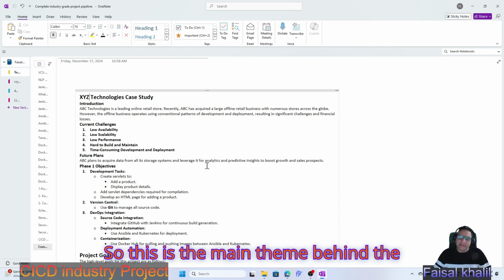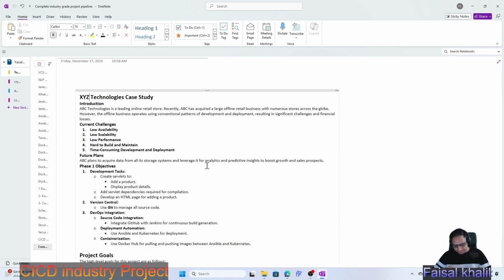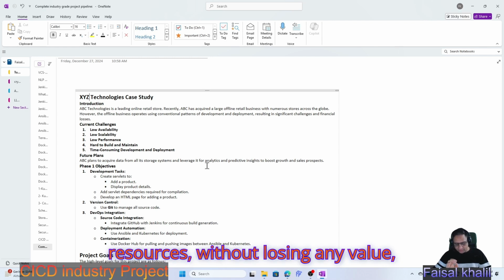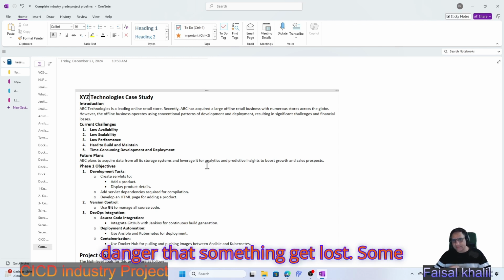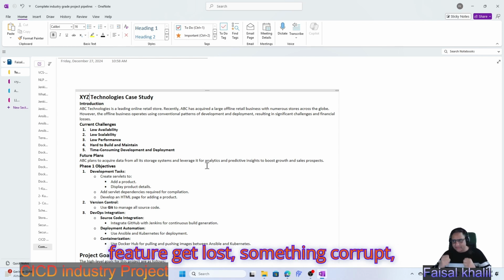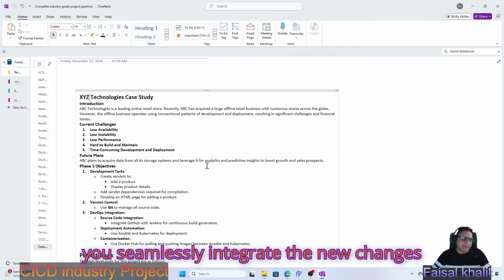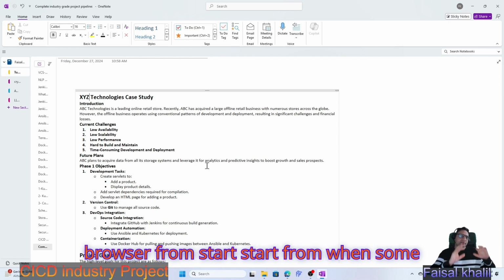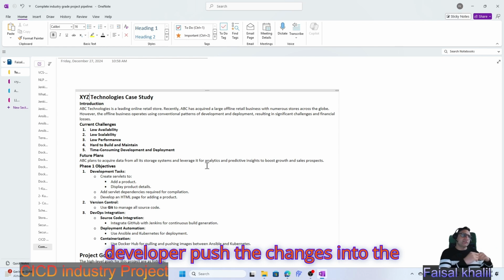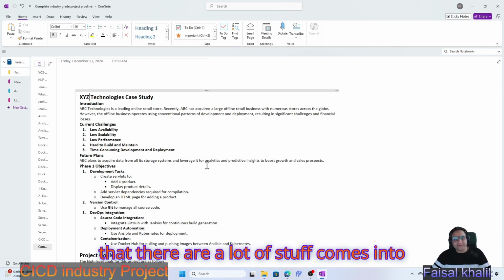So this is the main theme behind DevOps engineering: without losing any resources, without losing any value, without vulnerabilities, and without the danger that some feature gets lost or something gets corrupted or stops functioning, you seamlessly integrate the new changes continuously with automation up to the browser, starting from when a developer pushes the changes into the repository. But there are a lot of other things that come into the picture, like